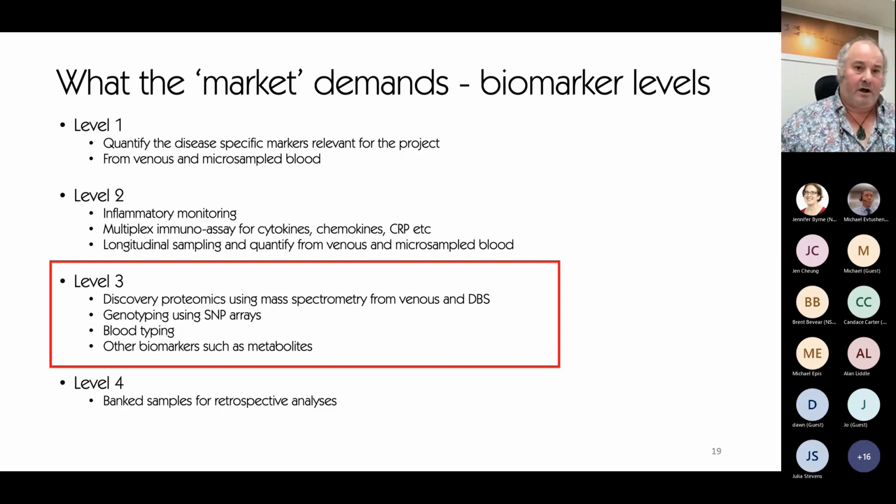Most of them are interested in the role of things like red blood cells and non-conventional ways of looking at it. But all of them, from the largest pharmaceutical companies that we deal with to individual research groups, also want to be able to do discovery level work, particularly things like proteomics, and of course the core technology now is mass spectrometry. And they would frequently ask, can you do these things from dried blood spots as well as from the conventional venous blood sampling and looking at